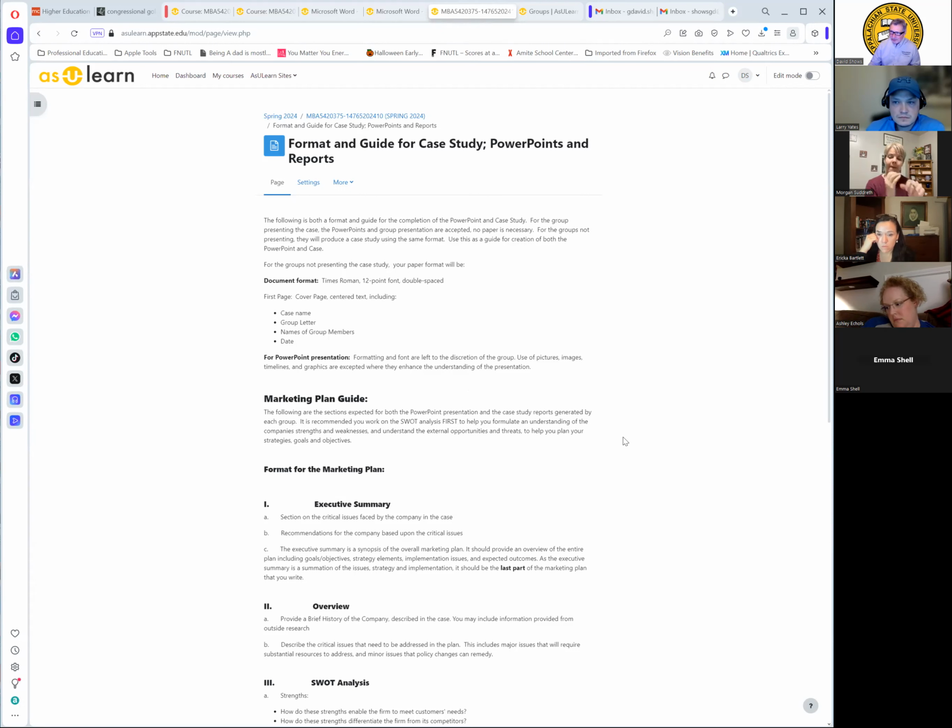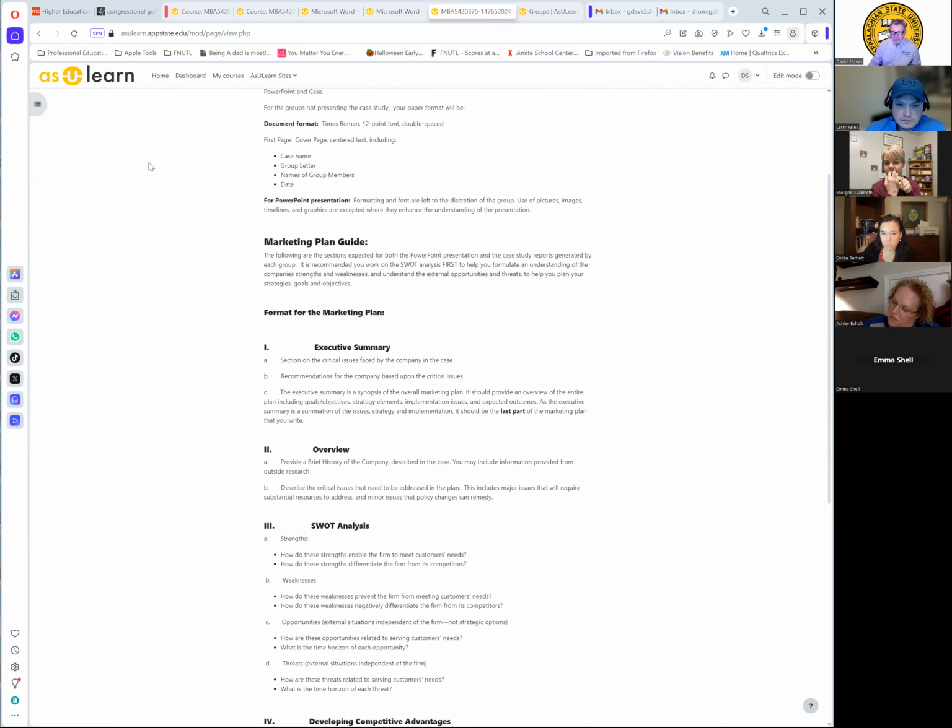And so this is going to be the format of the case. Just as we did tonight, I'm going to want you and your group to get together and do the very same thing we did here, and then present it in much more detail. And that's what you'll be working on in the last 6-7 weeks for your presentation. So you're going to create a marketing plan, and you're going to bring up the following formats,